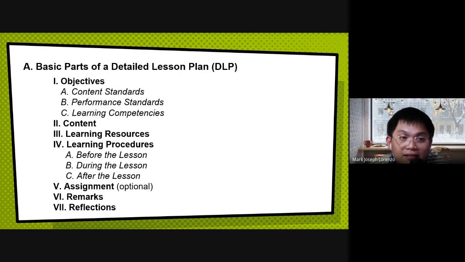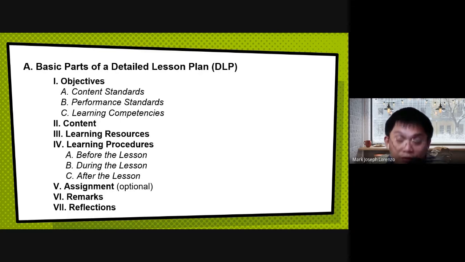So as presented sa slide, these are the basic parts of a detailed lesson plan. Objectives under ICS, PS, LC, content standards, performance standards, learning competencies. Roman number 2, content. Roman number 3, learning resources. Roman number 4, learning procedures under A, before the lesson, B, during the lesson, C, after the lesson. Itong ABC under item number 4 ay meron pa siyang specific parts. No? Under Roman number 5, assignment, it's optional, lalo na kung wala siyang